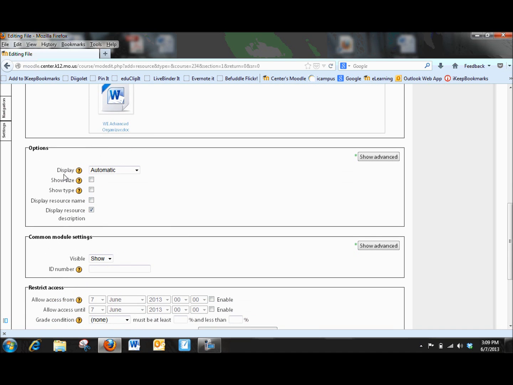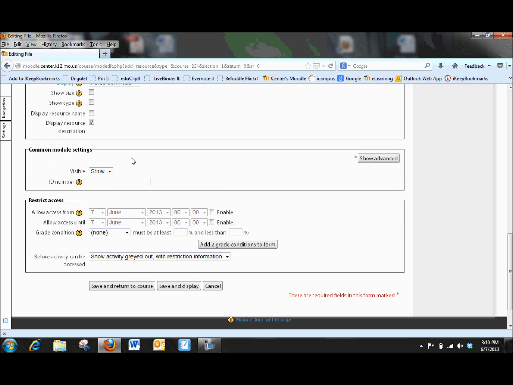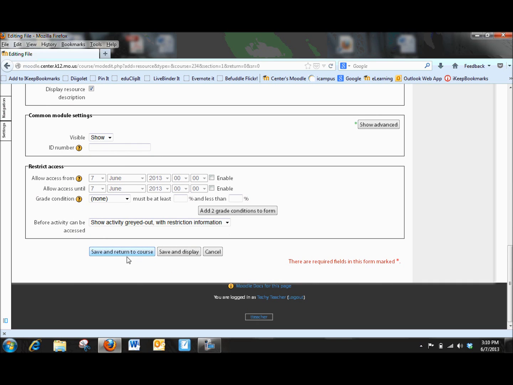And so now, one other thing that you might want to do before you save this is to determine how you want it displayed. Do you want this to be an embedded document within your Moodle course? Do you want to force a download? Or do you just want to allow it to open or in a pop-up? Typically for documents, it's a good idea to force a download. It's going to require your kids to save the document in a place before starting to modify it and work on it. So I'm just going to scroll to the bottom, and I am going to save and return to